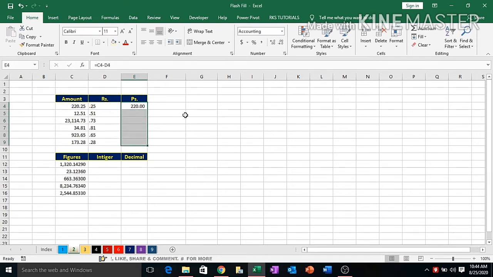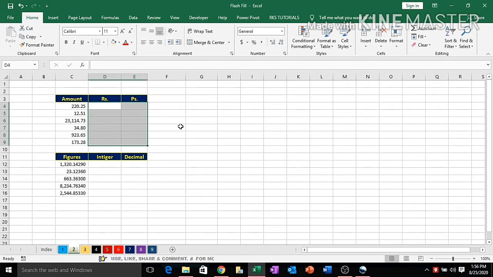Let's check, and we remove the decimal part from here. If you convert it into values, you will find the exact answer. So this is the best way, but no. Suppose we change this value, instead of 51 we type 50, and in others here we change 81 to 80, and now you see there is a lot of hodgepodge in it. So this is not the best way to work, so leave it.